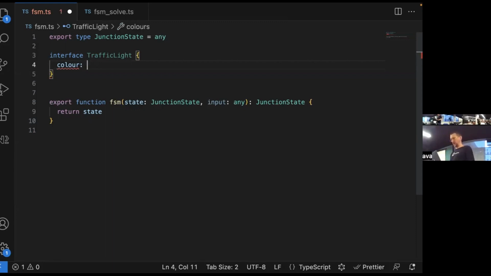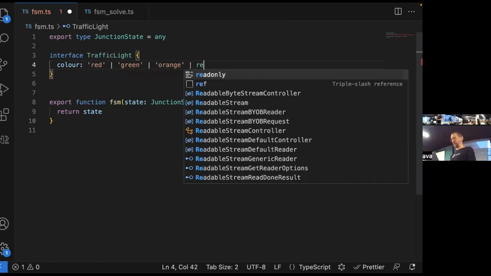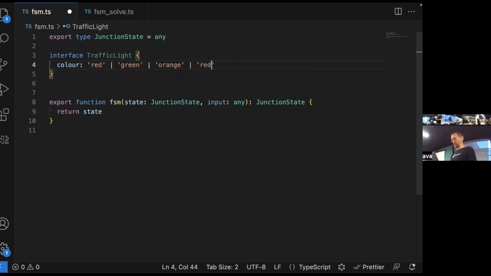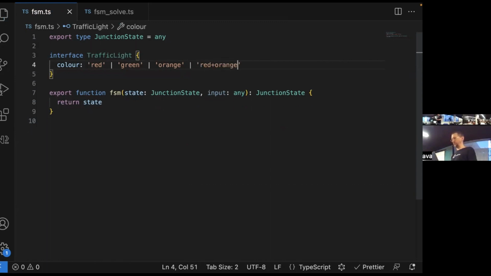So the color is either red or green or orange, right? And in the case of the UK, it can be red plus orange. It's a separate state that this can be in. And now we're in a state where everything is fine again, right?